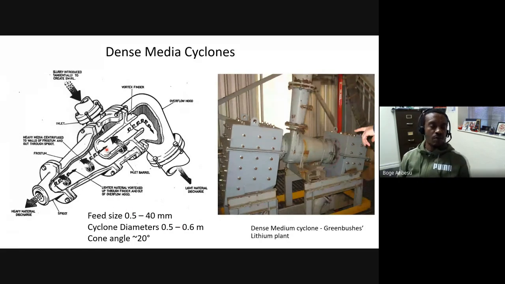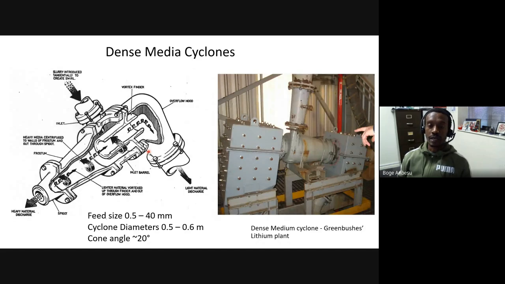And maybe in comparison to what we do for hydrocyclones, we have them directly upside down, so from the top to bottom. I think the cyclones that I've shown you. But for dense media cyclone, we incline them to about 20 degrees. I think there's a lot of research around why you incline them or not. And most of the papers conclude actually inclining them doesn't make much of a difference. Okay, whether you incline them or you put them upright doesn't make much of a difference in terms of performance,